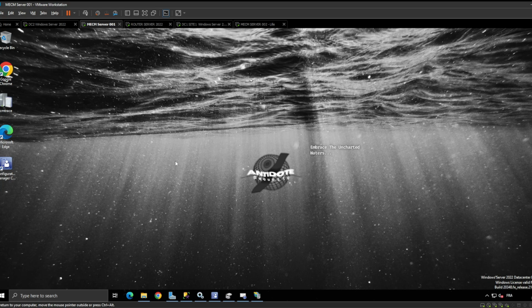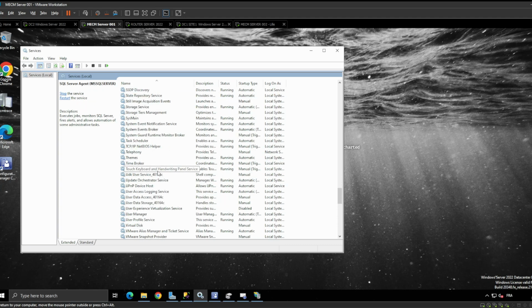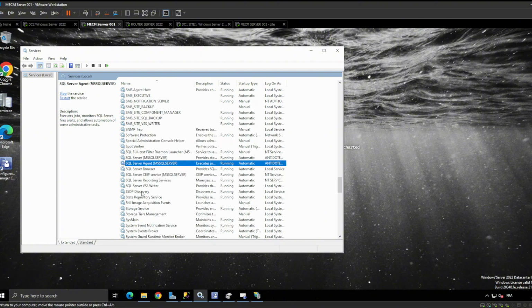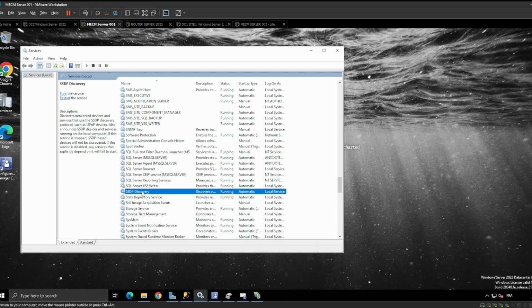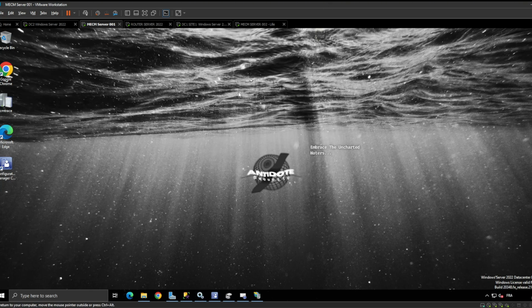So what do I need to remember? The first thing that you need to make sure of is that SSDP is running. Most of the time by default this is not running. You will check and you will see that when you set up a Windows machine, by default it's not running. Now I remember most of you told me about this. The issue is that